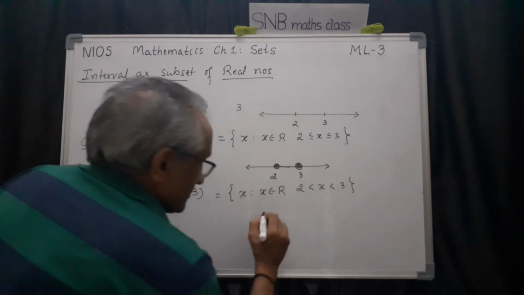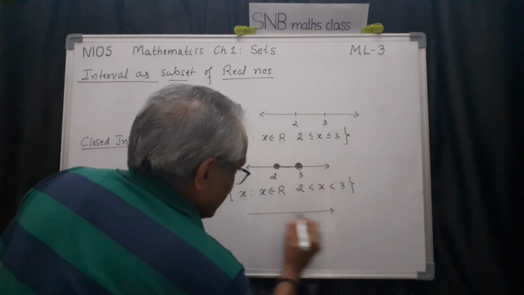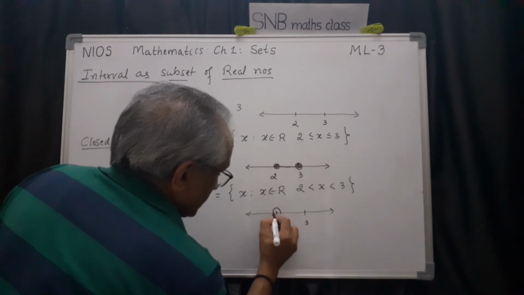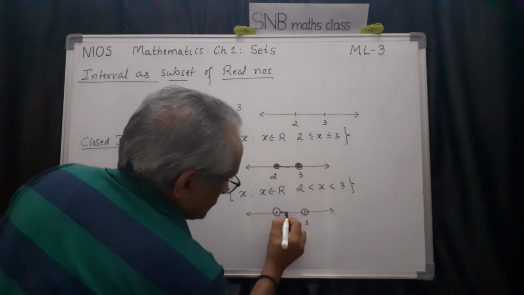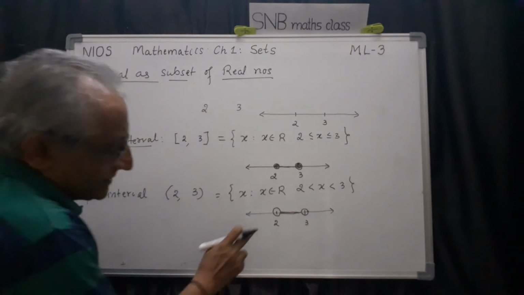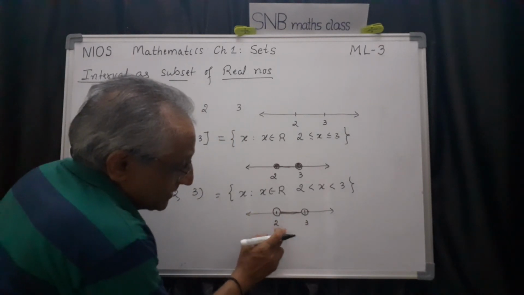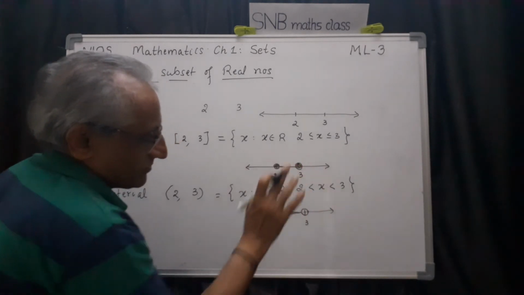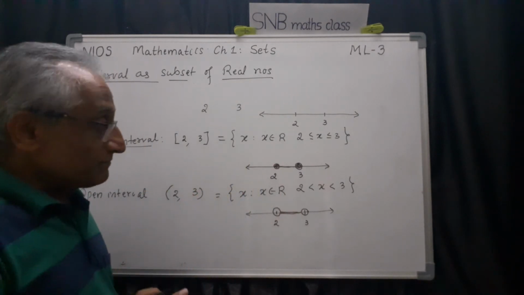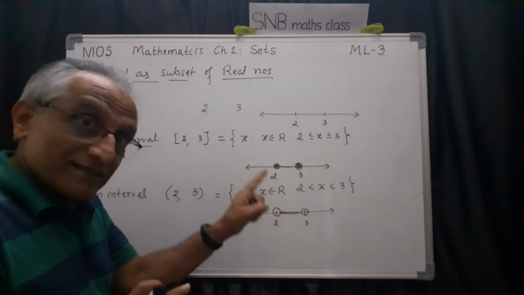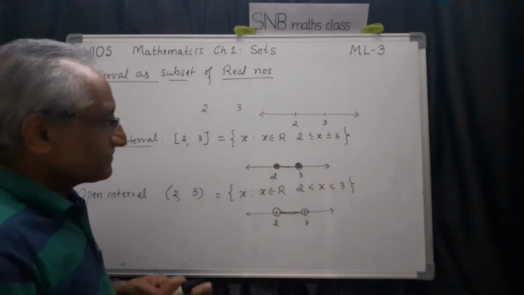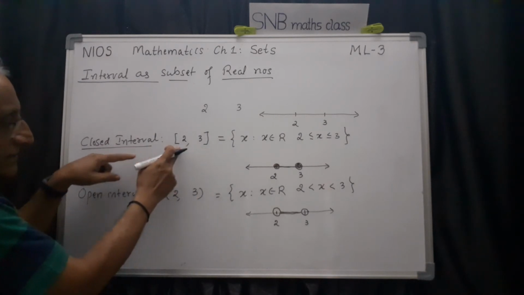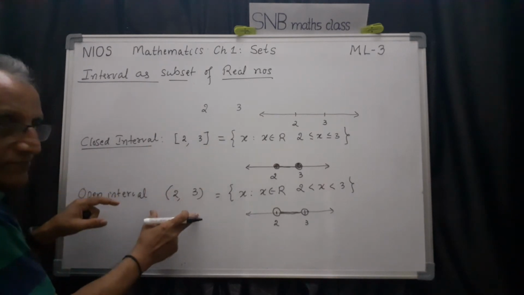They are not included. That is denoted in the diagram: you mark the point 2, mark the point 3, then put a circle here, put a circle here, and this should be a thick line. So this blank circle indicates 2 is not included. This is strict inequality. 2 is not included, 3 is also not included. So this is the representation. Once again, remember, it is an infinite set only. All the points here. This one is called the lower end point, and this the upper end point, or you can also say lower limit, upper limit of the interval.